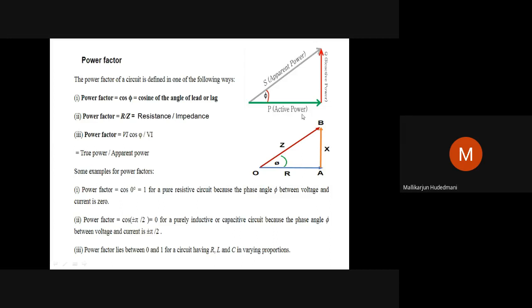So apparent power is the power constituted by the active and reactive power of a circuit. Active power is the adjacent side of the power triangle, and reactive power is the side opposite to this angle. Together they represent the total apparent power of a circuit. This is how we link power factor, active, reactive and apparent power. With the side apparent power and active power, there is an angle phi. This is the same as the phi between your V axis and I axis. This was the V axis, this was I cos phi, I sin phi, and this is I.